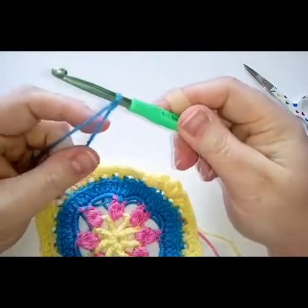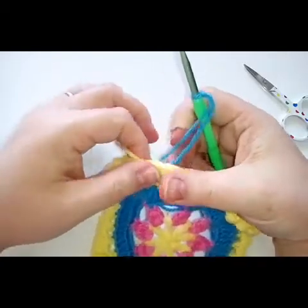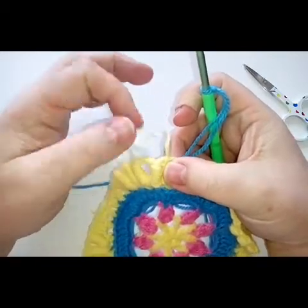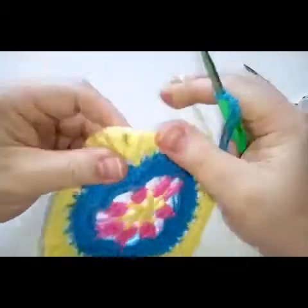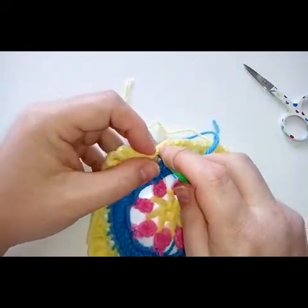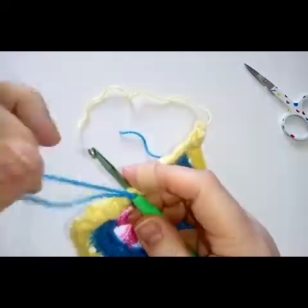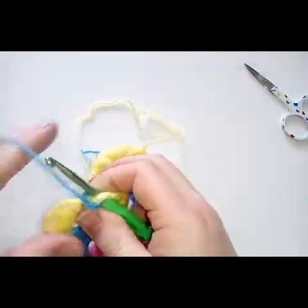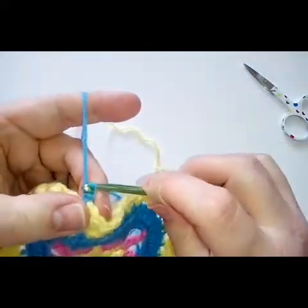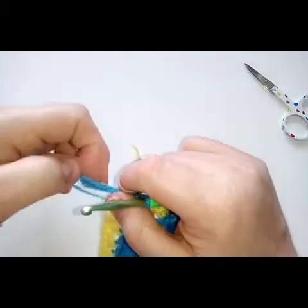And I forgot to say, you need to go back to whatever size hook you normally would use, so 4.5. Okay, so I've now got my 4.5mm hook, and we are going to go into the space here before the first bullion. So actually I'm going to come around this side here. So the space before your first bullion stitch, join in there with a slip stitch. Where's my yarn gone? There we go. So join in there with a slip stitch and slip that over there, and then you are going to do